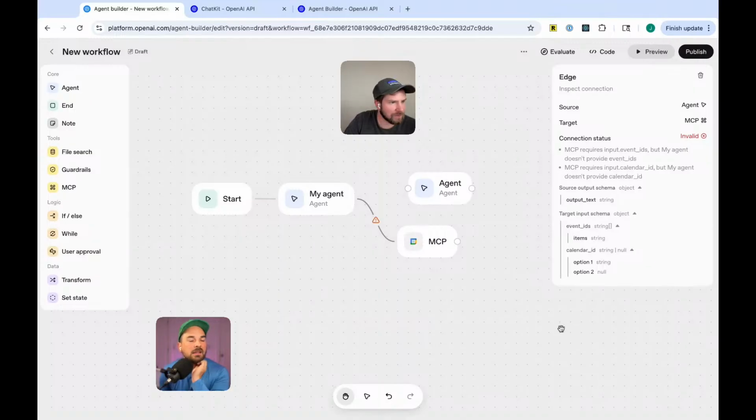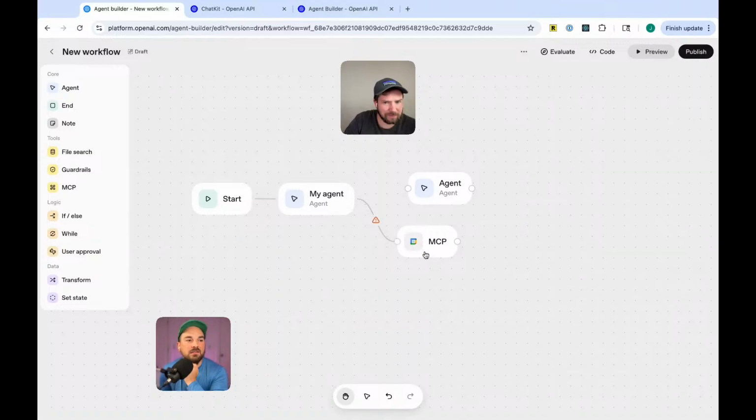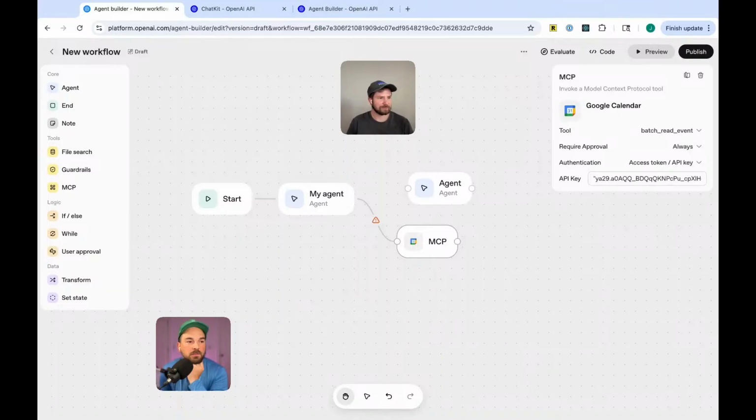Let's take a step back. Like the idea of this for their agent builder is for people to